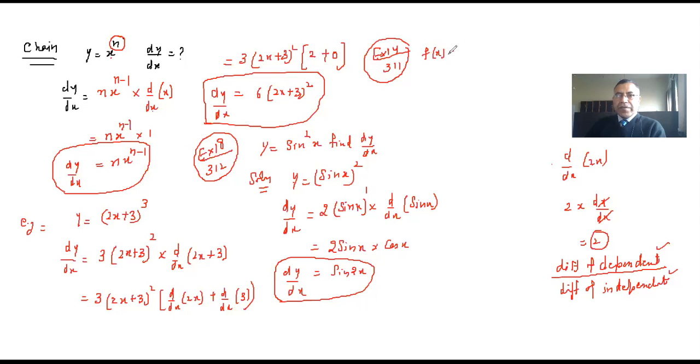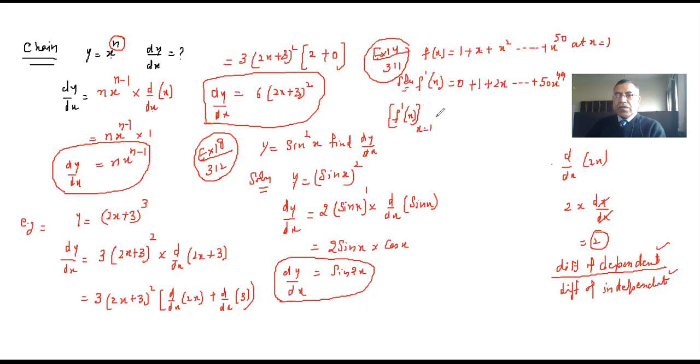He has given us f(x) is equal to 1 plus x square up to x raised to power 50 at x is equal to 1. So f dash x, that means derivative of 1, it is 0. Derivative of x, it is 1. Derivative of x square, it is 2x, up to derivative of x raised to power 50, it is 50x raised to power 49. Now I have to find out f dash x